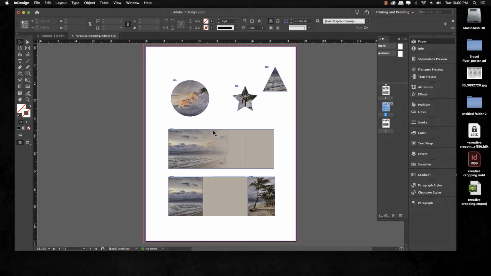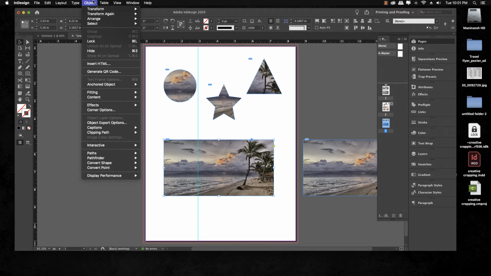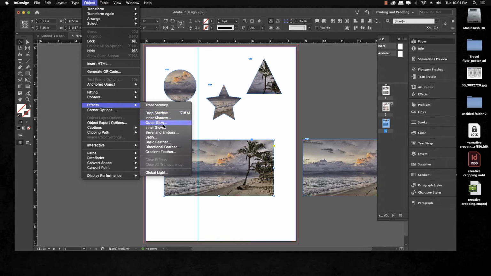So those are those shapes up there. The next one that we'll go to is a fade. And the way we do that is we're going to take the photo that we want to apply this effect to, and we're going to go under Object, Effects, and we're going to do a gradient feather. Okay, so I want you to select that,